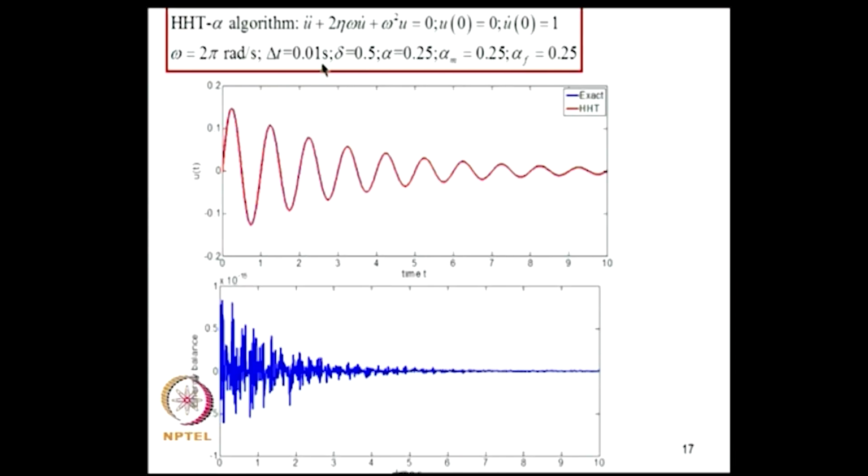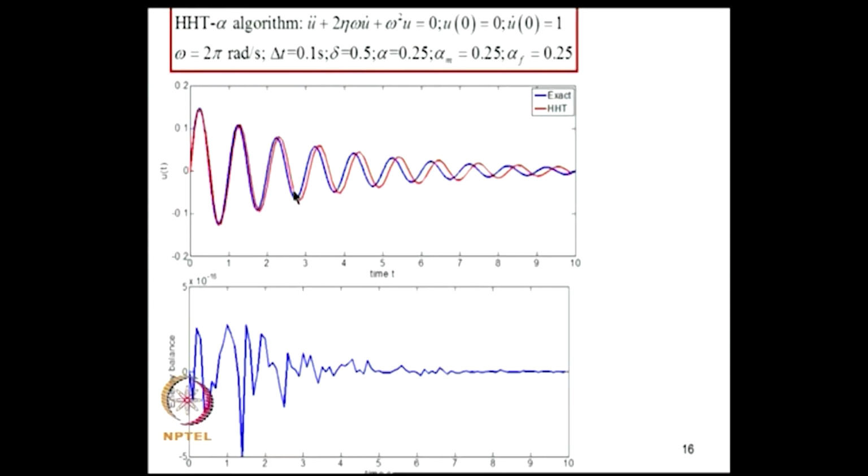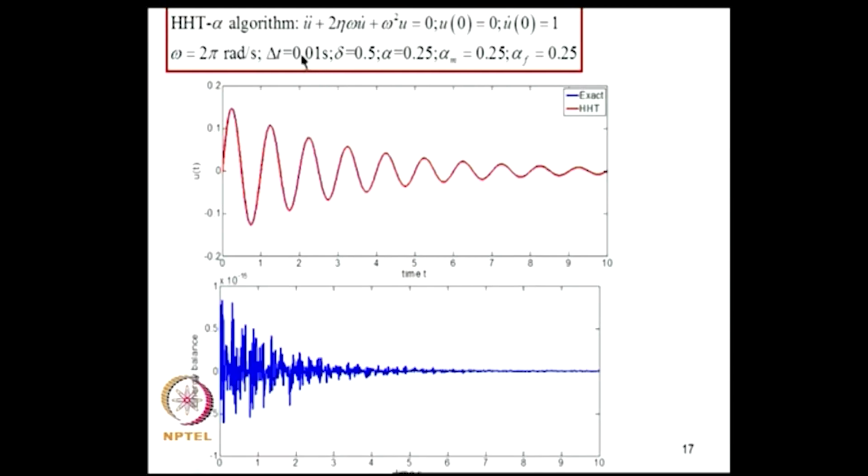Now, with improved step size, for the earlier step size there are 10 points in a period, because omega is 2 pi, that means the period is 1 second. I have taken 10 points in a cycle, that does not lead to acceptable solutions. On the other hand, if you take 100 points, the exact solution and HHT alpha solution match